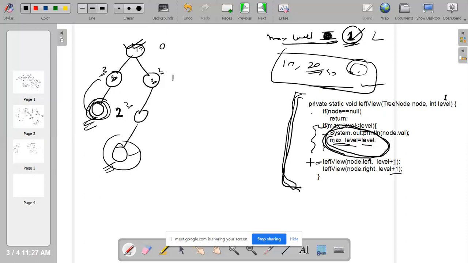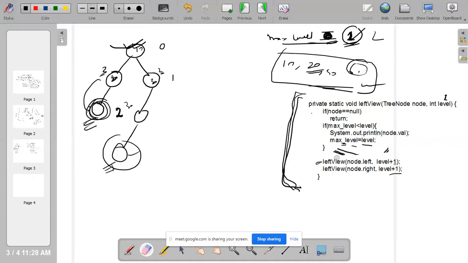Manish, the if statement has to be max level greater than level or less than? Why? Because for the first time it will be 0. Correct, it will be less than, right? Max level is 0 and level is 1. Then it will print this one. Then level will become 1, but max level will be 0. Okay, it's your variable, it's up to you how you manage it. So there is no such logic that you should do it like this or like this. I think it makes sense.